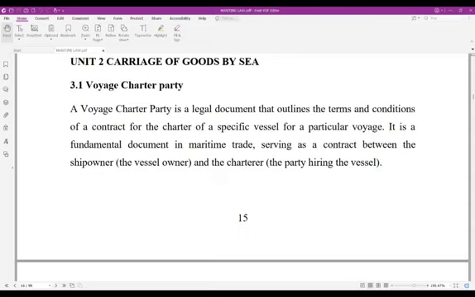A legal document that spells out the do's and don'ts, the terms and conditions, the memorandum of understanding between the vessel owner and the party hiring the vessel. These are what I want, this is what I don't want. There's an MOU between himself and the party hiring the vessel. These are my terms and conditions, so and so, if you wish to make use of a definite vessel.